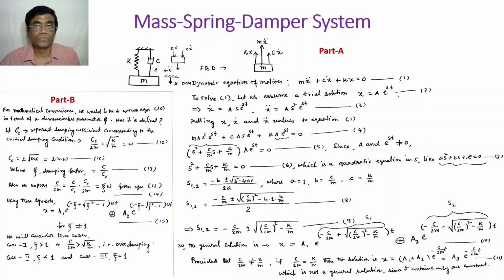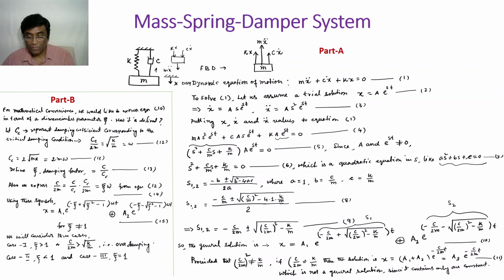Just by making this trial solution, I have converted the system from the differential domain to the algebraic domain, and then cranked out the solution. So far so good. Now this is the solution provided that (c/2m)² is not equal to k/m. Why is this important to note? Because if (c/2m)² equals k/m,